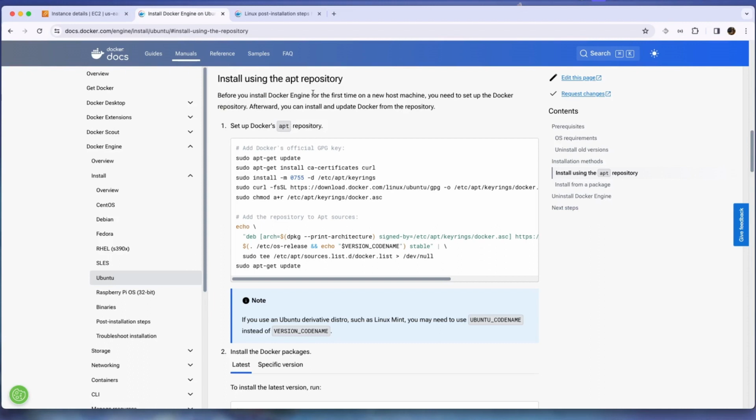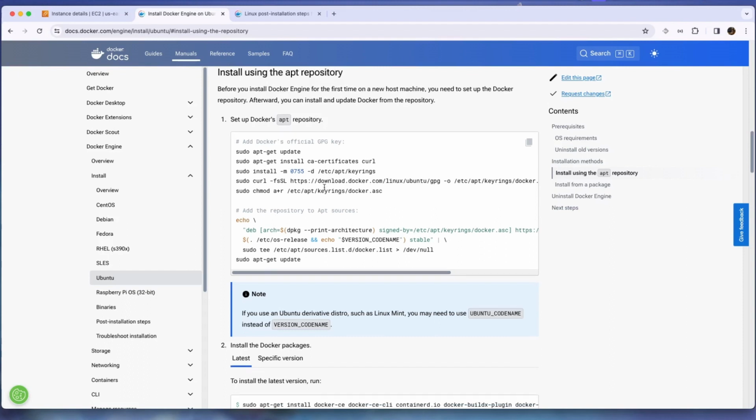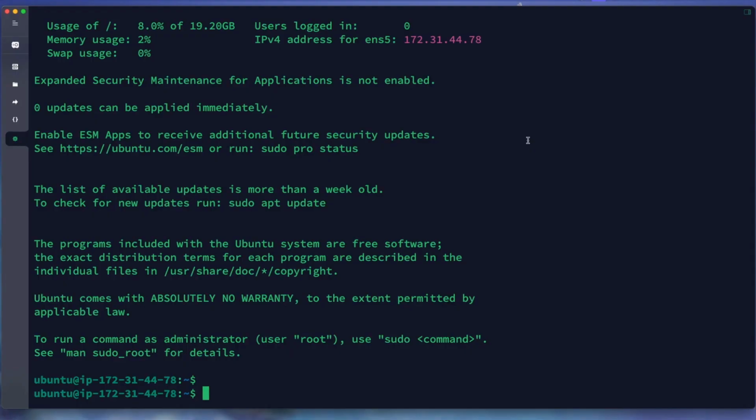Before you install Docker Engine for the first time on a new host machine, you need to set up the Docker repository. Like here, you can just copy. This means we will install some libraries and the repository for Docker, and we choose our version to match our Ubuntu server. Just copy and go to terminal.